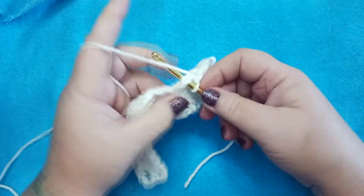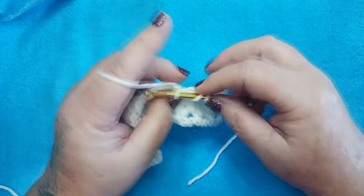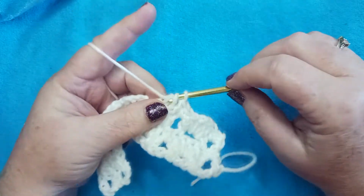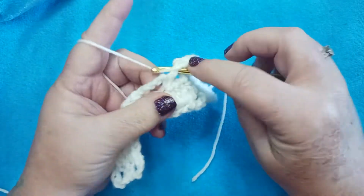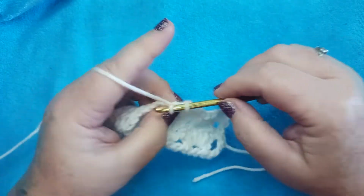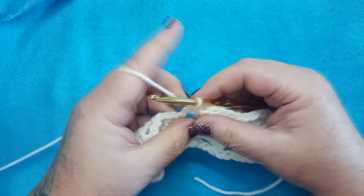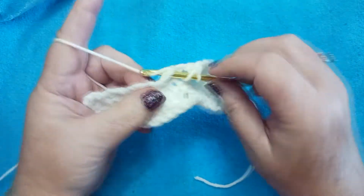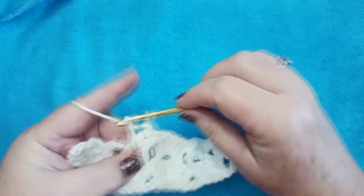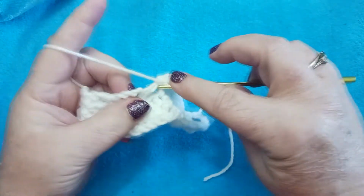Going to our next loop, a single crochet. Going to our next loop, 4 double crochet. 1, 2, 3, and 4. Going to our next loop, single crochet. Going to our next loop, 4 double crochet. 1, 2, 3,